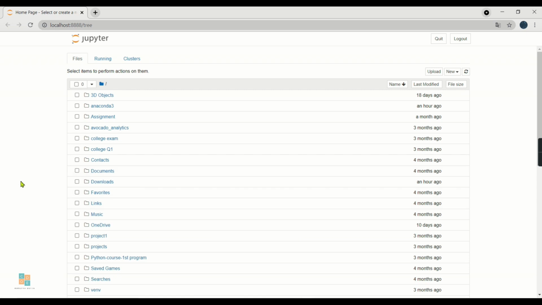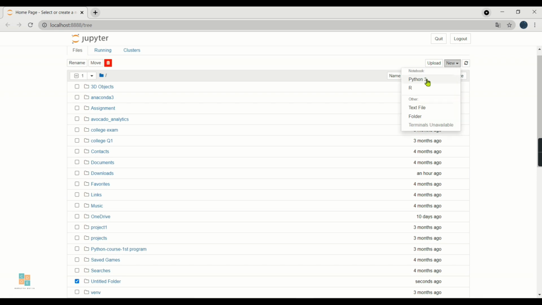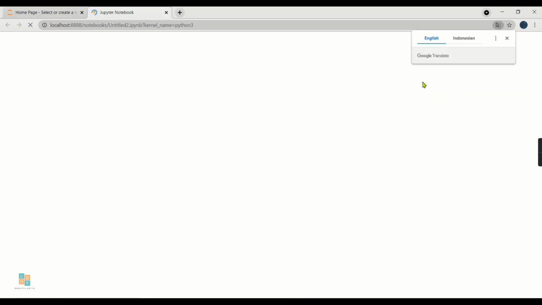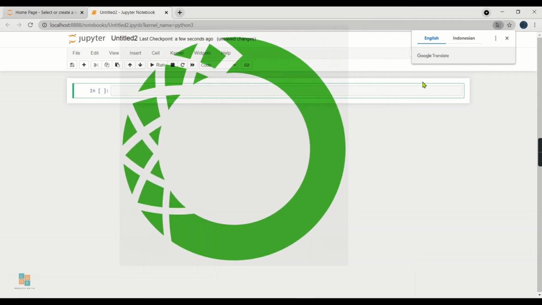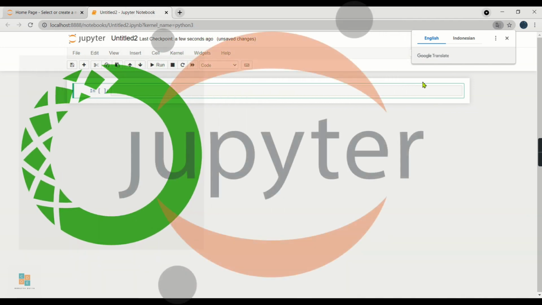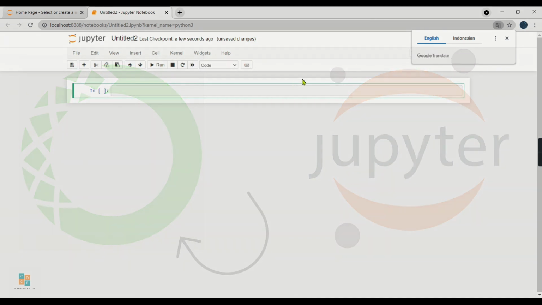As we are here, you already know what to do further with this Jupyter Notebook homepage. We now will create one folder by going to this new option and then clicking on the folder option, and it will be saved here as untitled folder, and we further click on it and add one Python kernel to it. So we are done here with the installation process of the Anaconda platform, and we also got to learn how to launch Jupyter Notebook using this installed Anaconda Navigator.